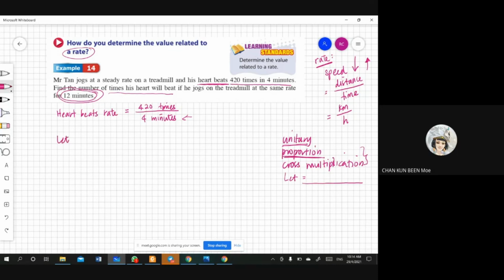What is the unknown that you want to use to represent the heartbeats? Do you still remember the unknown that I told you earlier? ABC, which one? C. Okay, you want to use C. Thank you. So let C be